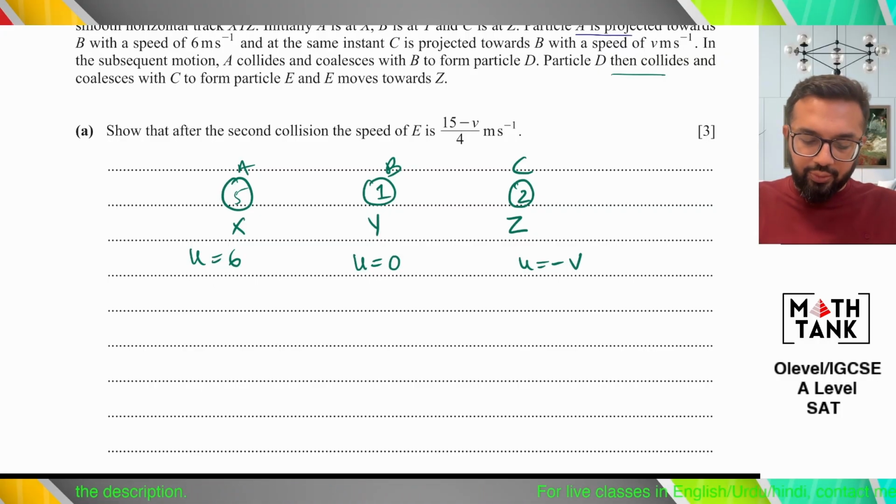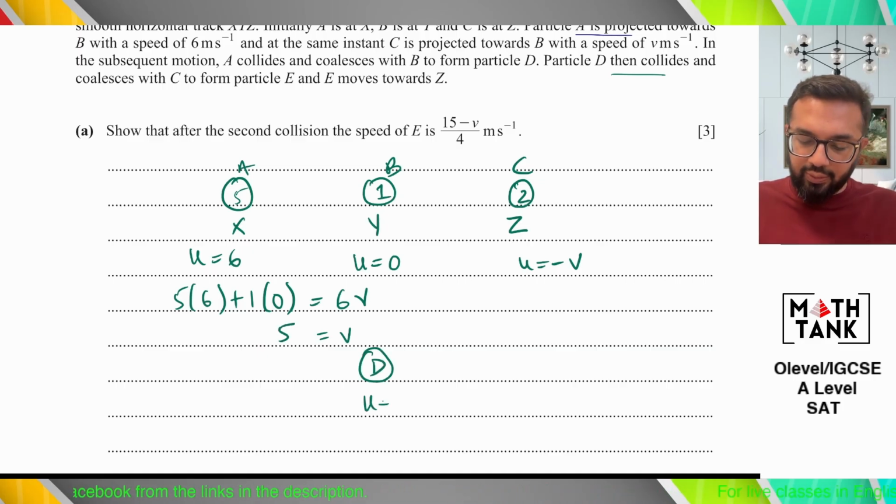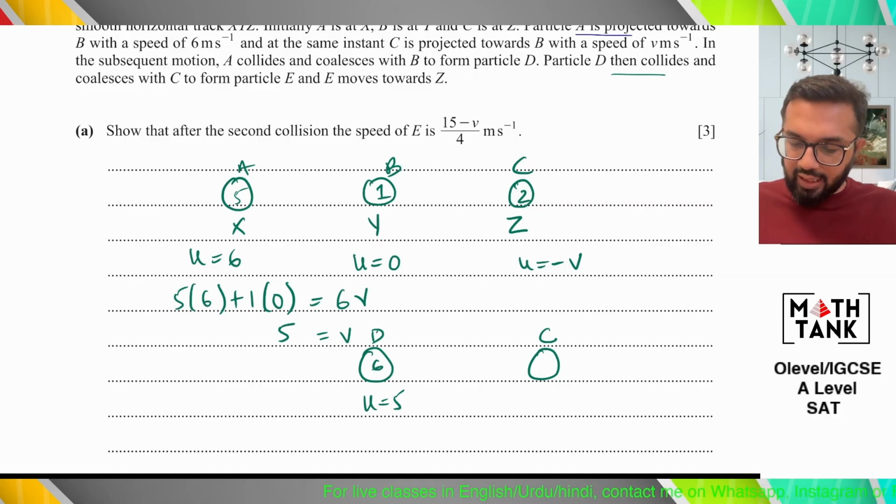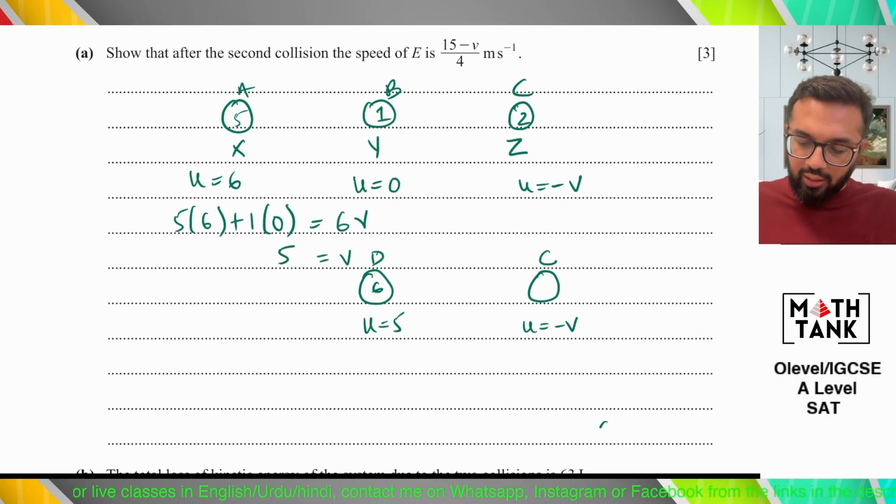Okay, so mass into velocity plus mass into velocity before impact equals to after impact. So let's call that 6V right now. So it's going to give me 5. Okay, so the combined particle D now has a velocity of 5. It has a weight of 6. It's now going to collide with C. C had an initial velocity of minus V. Okay, and they combine to form